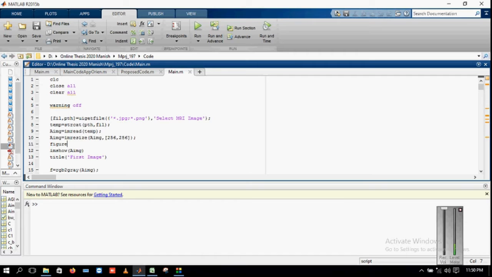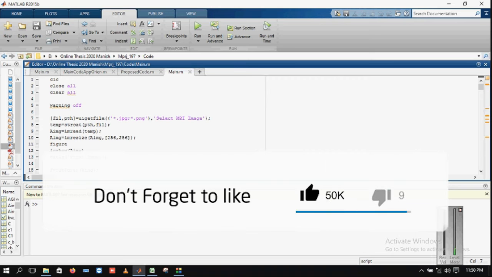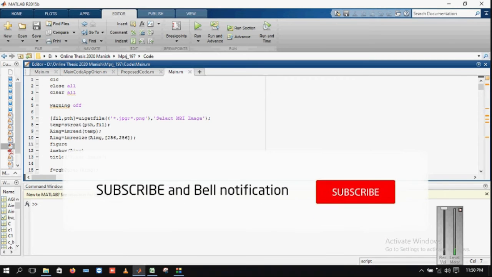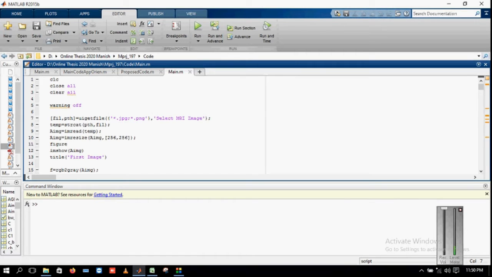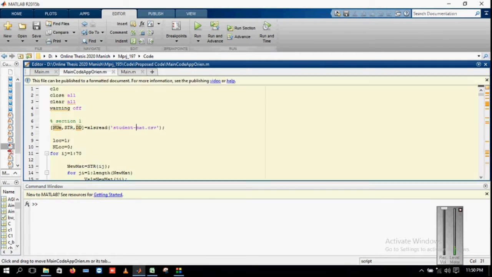So what we are doing is fusing the MRI and the PET images of the brain to get one single image, to save storage as well as to get additional information from a single image instead of analyzing multiple images, right? So let's have a look at what exactly we have done.